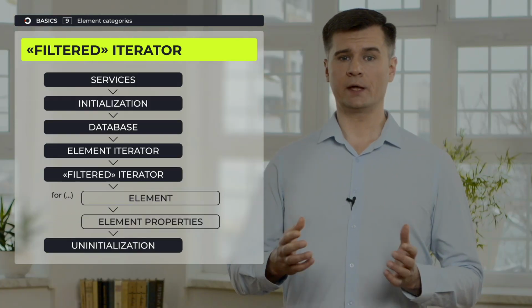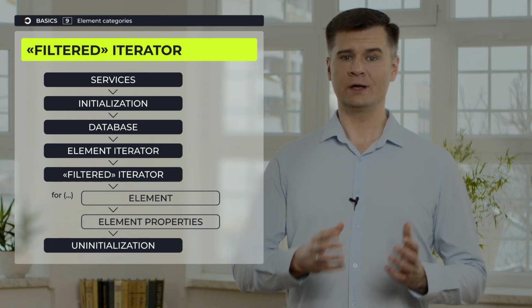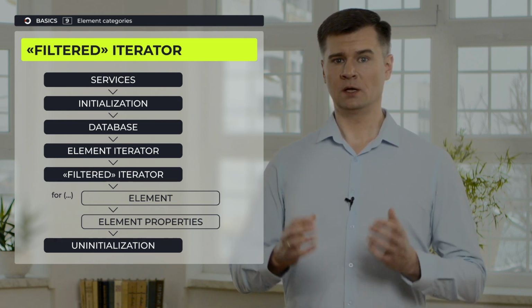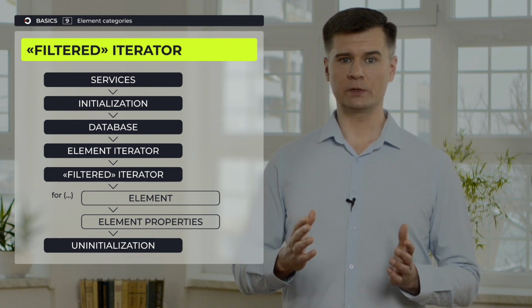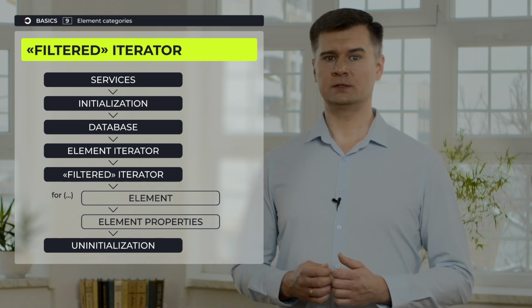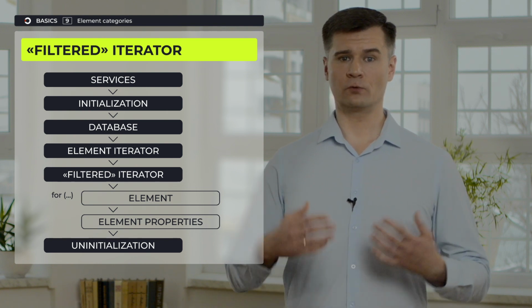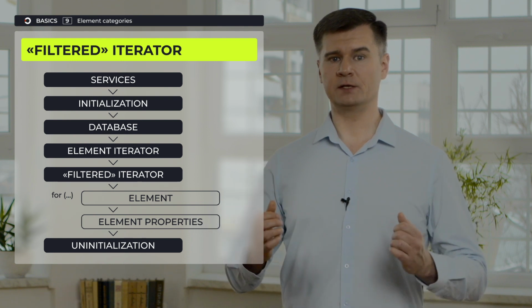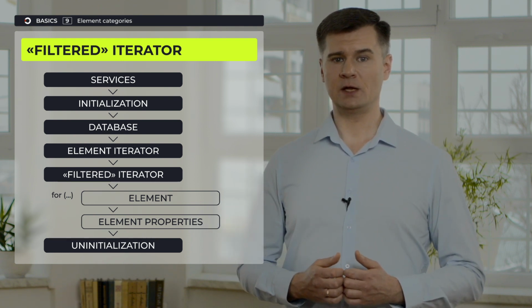And now we can apply our newly introduced terms to our diagram from the first dumper example. We'll create the following modifications. First of all, we will create an element iterator instead of identifiers iterator. Next, we'll use this iterator to create a filtered iterator. And after this, we create a loop, and in this loop, we iterate not through IDs of the elements, but